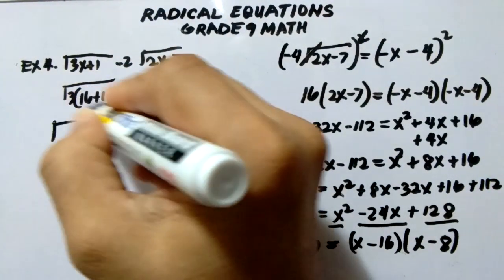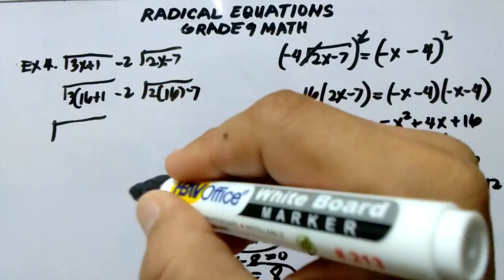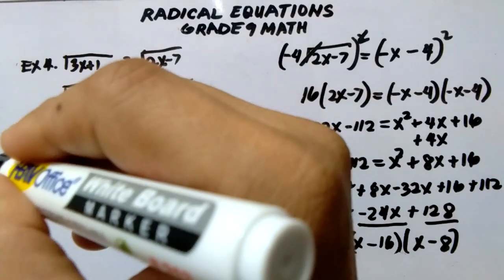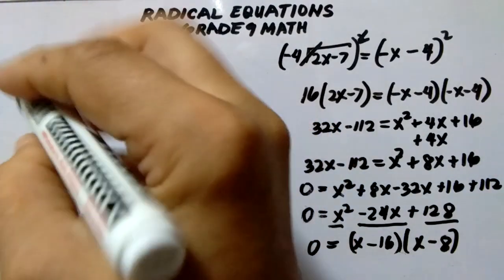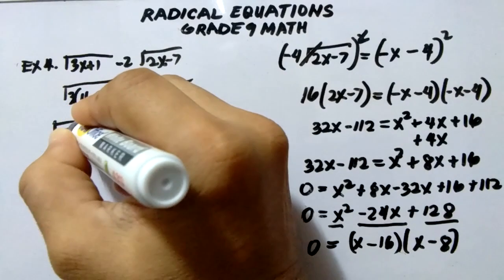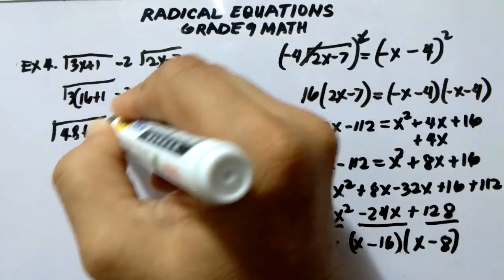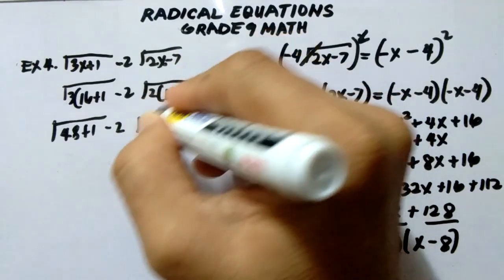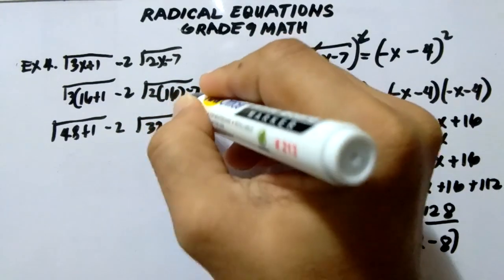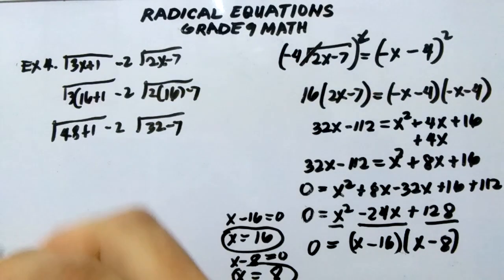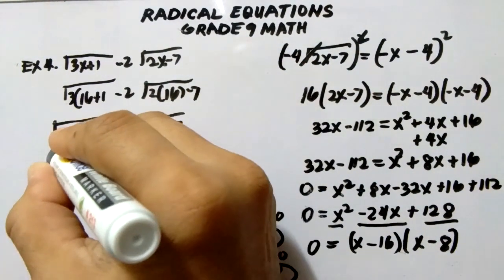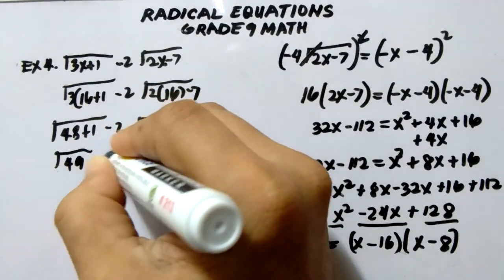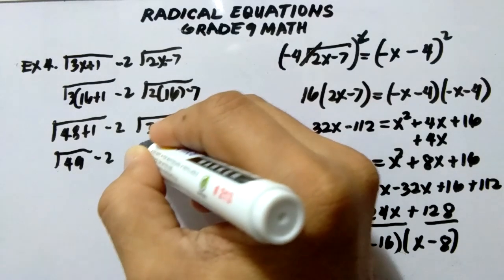So, we have square root of 3 times 16, that is 48, plus 1, then minus 2, then square root of 2 times 16, that is 32, minus 7. So, we have square root of 48 plus 1, that is 49, minus 2, is equals to